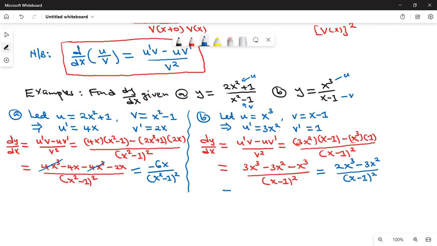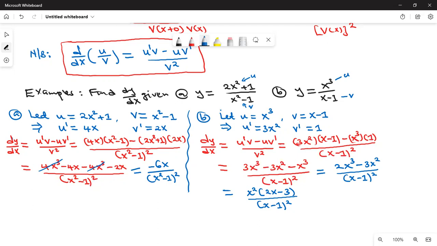You could also write this with x squared common in the numerator, so we have x squared times 2x minus 3, over x minus 1 squared. So that is our dy over dx when we use what we call the quotient rule